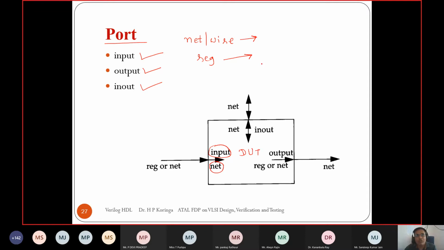So an initial or always procedure runs whenever there is some timing control, meaning some event occurring. At that time it will run and store the new value inside the reg and hold it until the next event, right? So that's the main basic difference between net and reg. Net and wire are the same thing. So net or wire just forwards the data without storing. Register is a jumper that forwards the data as well as holds the data. It is holding the data.